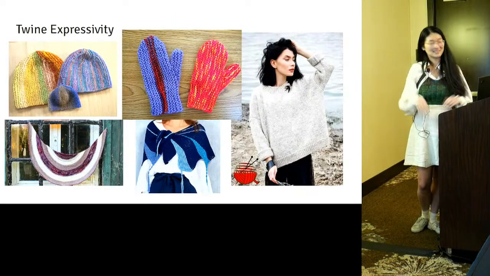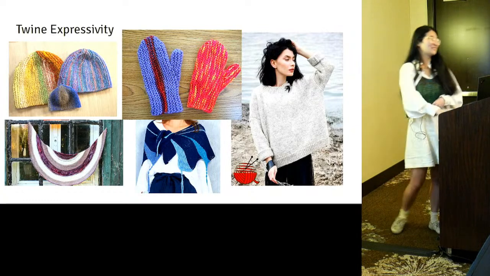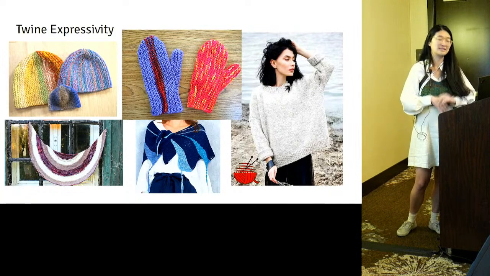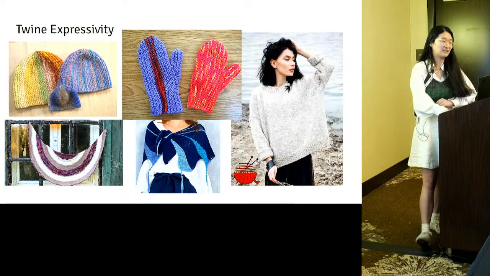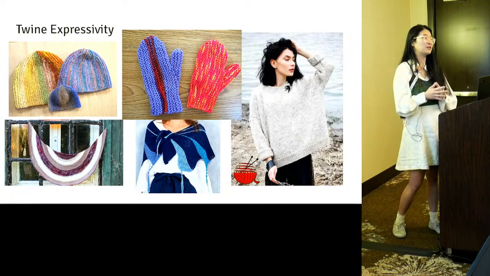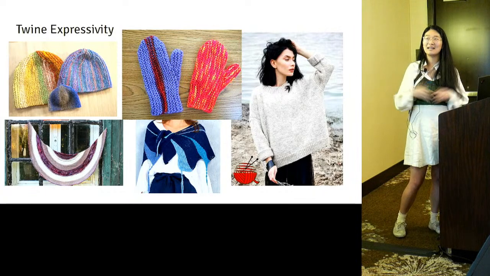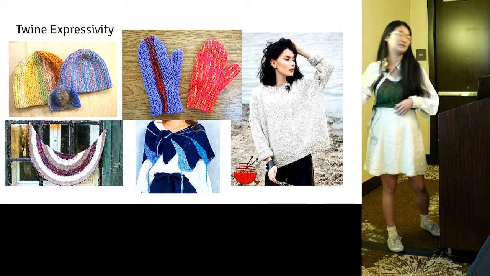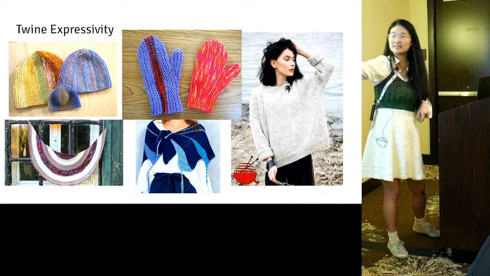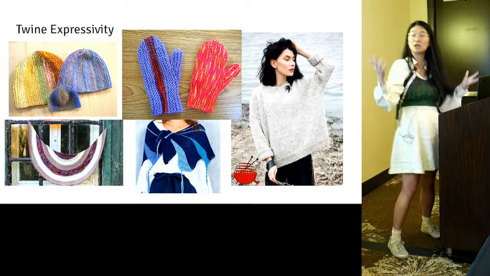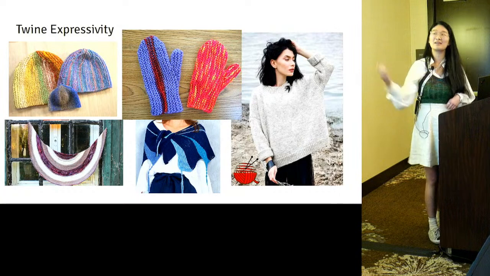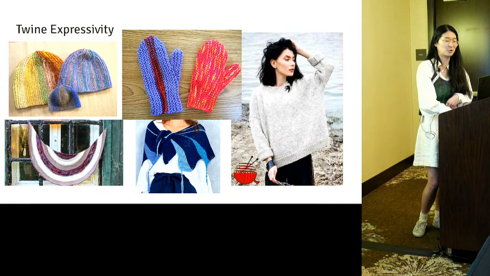So that's it for examples. But I thought we'd talk a little bit about how this evaluates under the criteria that we set out at the beginning. In terms of expressivity, we actually have access to whatever you can express using knitted short rows. And that's a surprising amount. If you're clever, you can make short rows into lots of different stuff. You've got hats, mittens, sweaters, crescent-shaped shawls, and other types of shaping too. So short rows are very expressive, and we leverage that expressivity to create a diverse landscape of things.